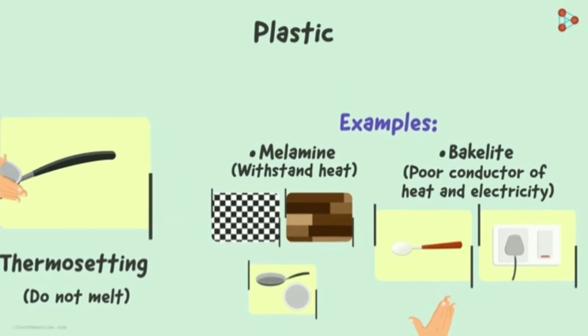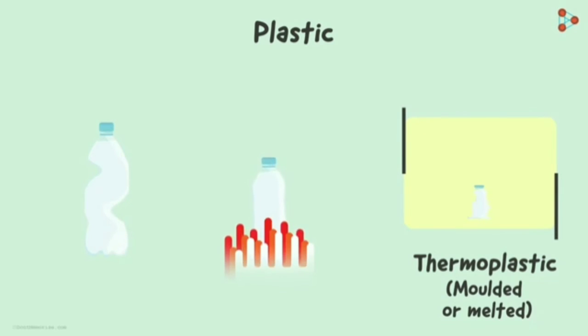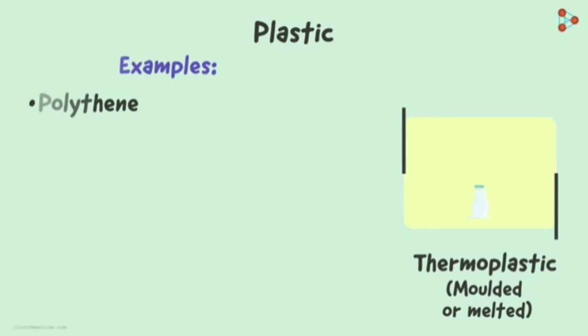What could be the properties of thermoplastics then? In contrast to the thermosetting type, these can be molded or simply melted on heating. Yes, thermoplastics can be easily bent or heated to remold them into various forms. And do we know any such type used daily? Absolutely. Polythene and PVC are the most common ones. Where do we use polythene? Yes, right from bags to adhesive tapes, polythene is used in various forms.